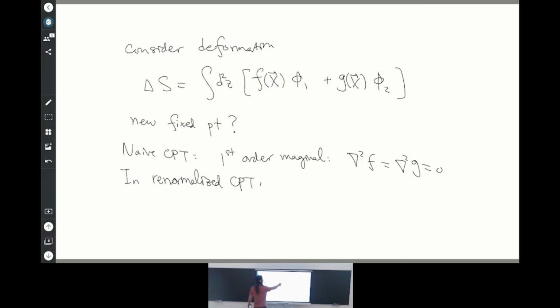you want this to be of weight, because phi1 is already marginal, so you want f of x to be of weight 0. It's just a function of the free boson, and weight 0 means that it has to be a harmonic function. f(x) being weight 0. Right. So in renormalized conformal perturbation theory,